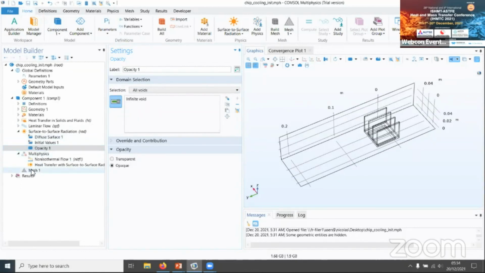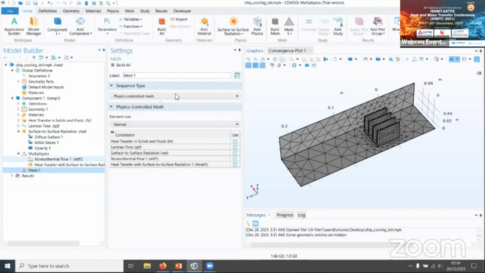So with that, I can define a mesh. So by default, I will get some kind of mesh. In order to be fast, I will remove the input given by the laminar flow physics interface to the mesh. So as you can see here, all the physics interfaces are contributing to the definition of a mesh. And of course, the laminar flow will require a fine mesh close to the wall. I'm deactivating this to save time. So that's not good for accuracy, but that will make it possible to solve within a few seconds.